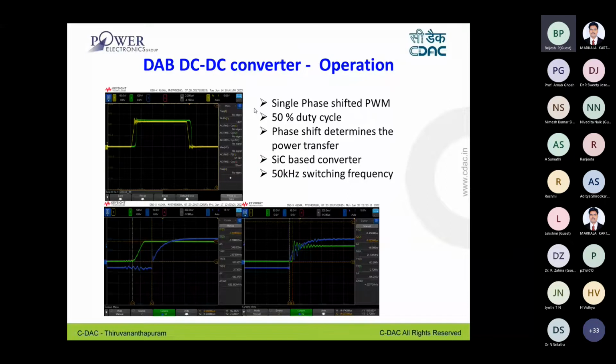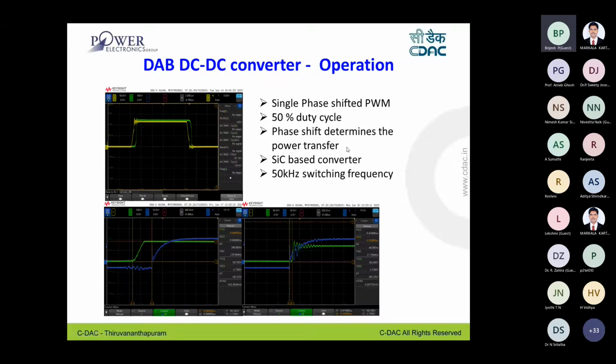Most commonly, single phase shifted PWM. You can either go for dual phase shifted or multi-phase shifted, but it is easy to implement single phase shifted PWM in a dual active bridge, and you may also require a smaller number of PWM signals in that case. So both pulses operate at 50% duty cycle in this case.